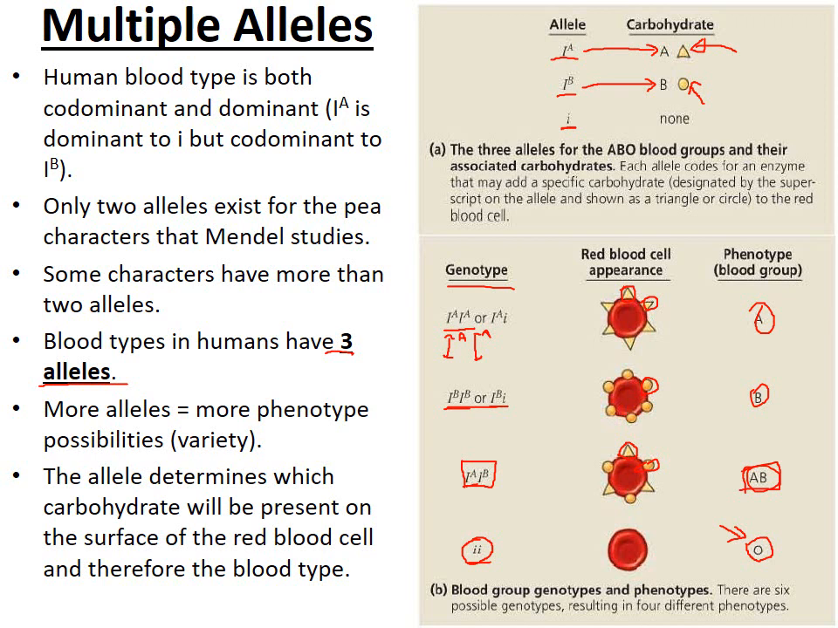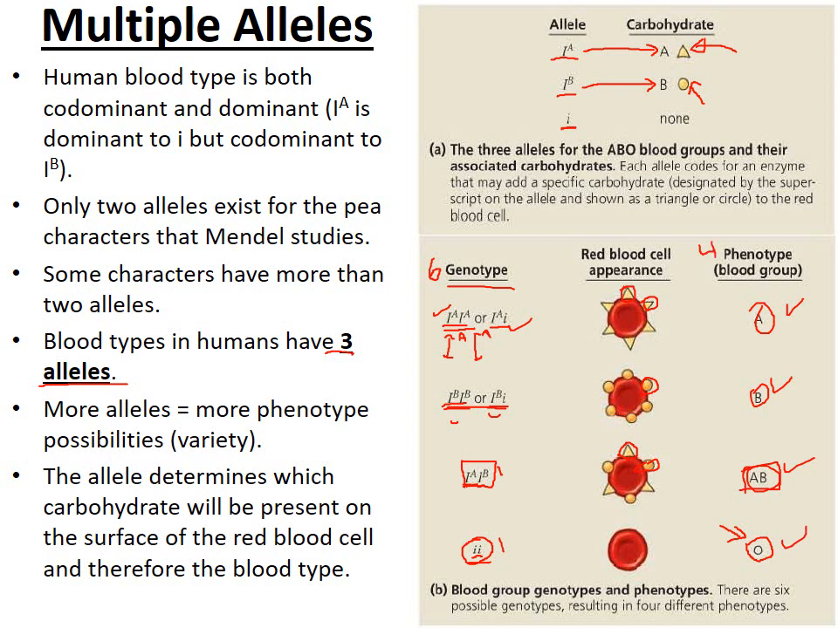So because we have 3 alleles, we have more than just 3 types of genotypes. We have IAIA, IAi, IBIB, IBi, IAIB, and little i, little i. So we have 1, 2, 3, 4, 5, 6 possible genotypes for blood types. And as a result of having more genotypes, we also have more phenotypes. We have 1, 2, 3, 4